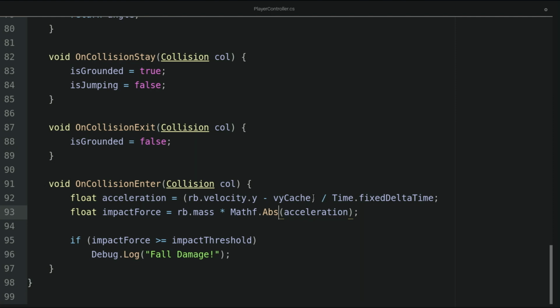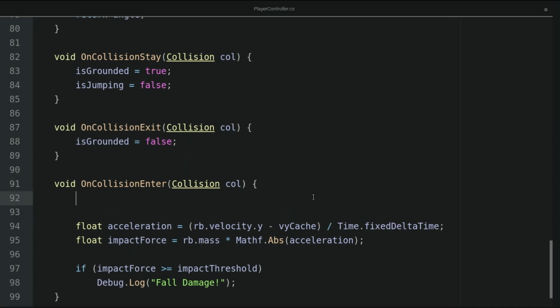We also need to consider another scenario. If the player is constantly falling, we don't want to trigger the fall damage if the player hits a vertical wall. So in the beginning of the OnCollisionEnter method, I will add the following lines of code. We will use the Vector3.Dot method to calculate the dot product between the first contact point of the collision and the Vector3.up direction. So here we will write collision.GetContact, and 0 stands for the first contact point, dot normal, and Vector3.up. If the value returned is smaller than 0.5,